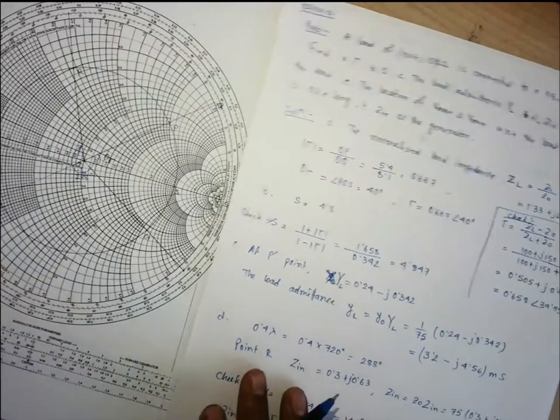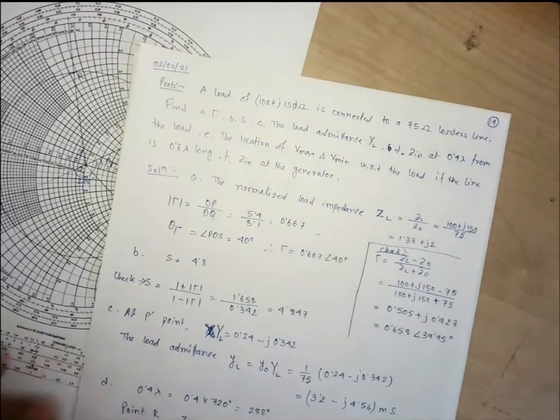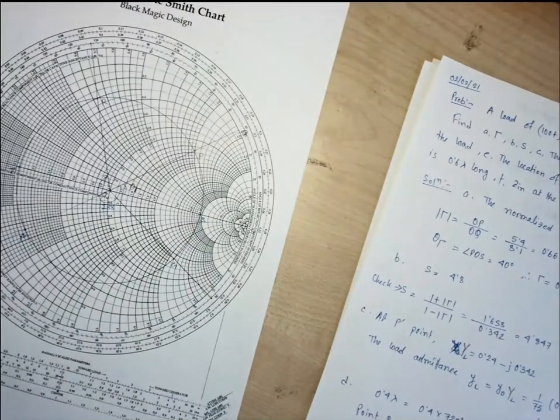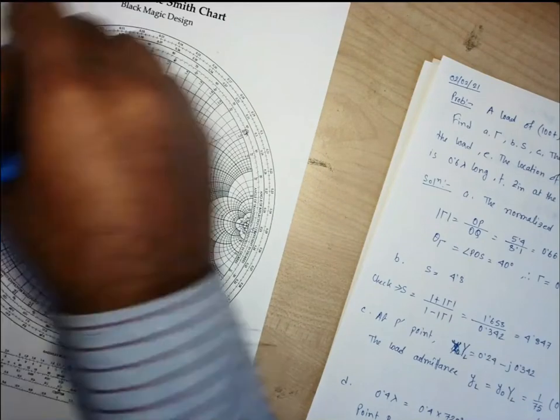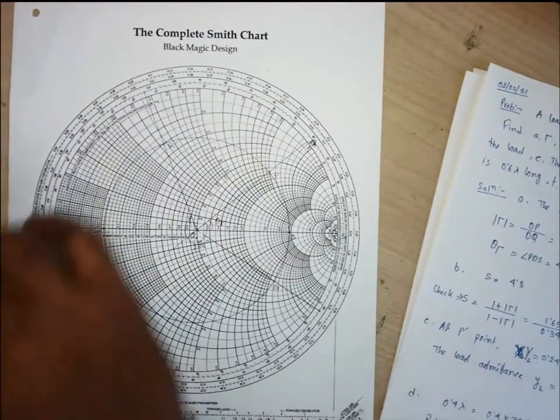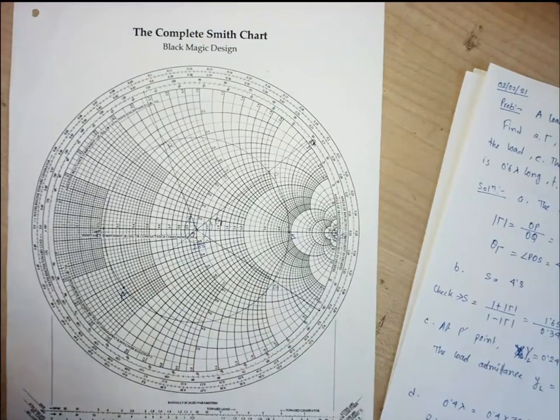Okay. So we have rotated a distance of 0.6 lambda to find out the Vmax and Vmin. Okay. Next it says Zin at the generator. So while we have been moving in the clockwise direction, we have come across Vmax and Vmin. So where we are right now, we have rotated towards the generator. This is clockwise rotation, means it is towards the generator. So if we rotate up to 0.6 lambda, we are at this point. So this point will tell you about the generator. This is the location of the generator. So at this point we need to find out the impedance. That will give you the Zin at the generator.